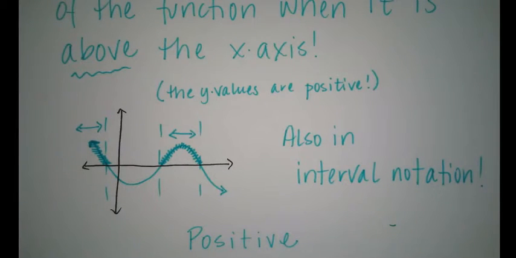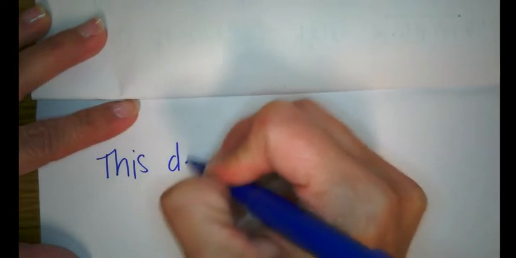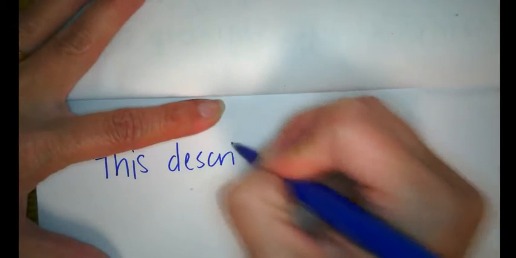Okay, so negative is extremely similar, but then it ends up being the opposite. So I'm going to go on to that page. So on the negative tab, I'm going to write the same thing. All right, so this describes